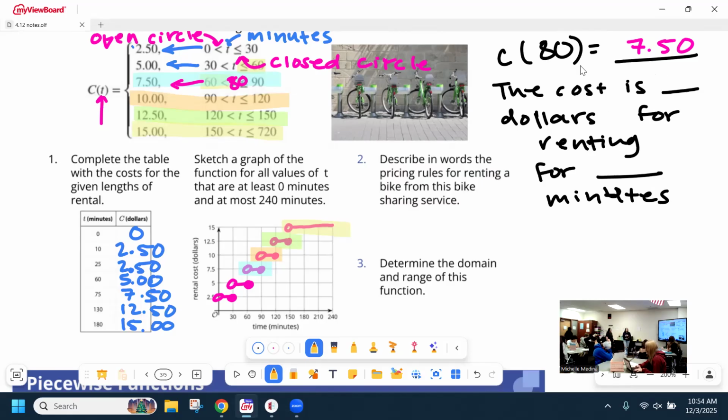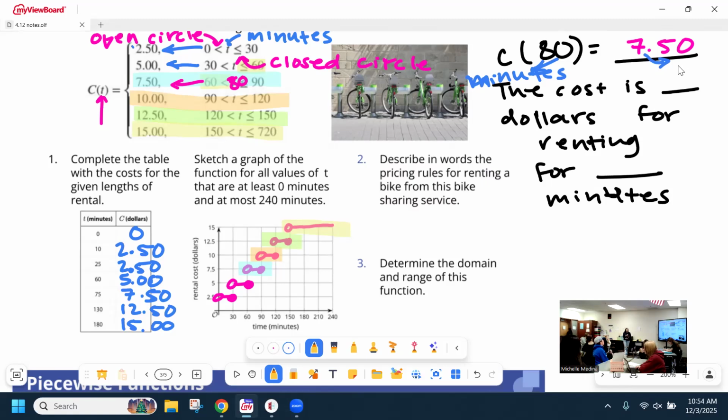We did this before with function notation when we did that lesson and had to interpret it way in the beginning of this unit. I had you guys practice saying 80 what, 750 what? Is this 80 minutes or dollars? Minutes, because it was replacing the T, and T is for minutes. So that means this 750 is